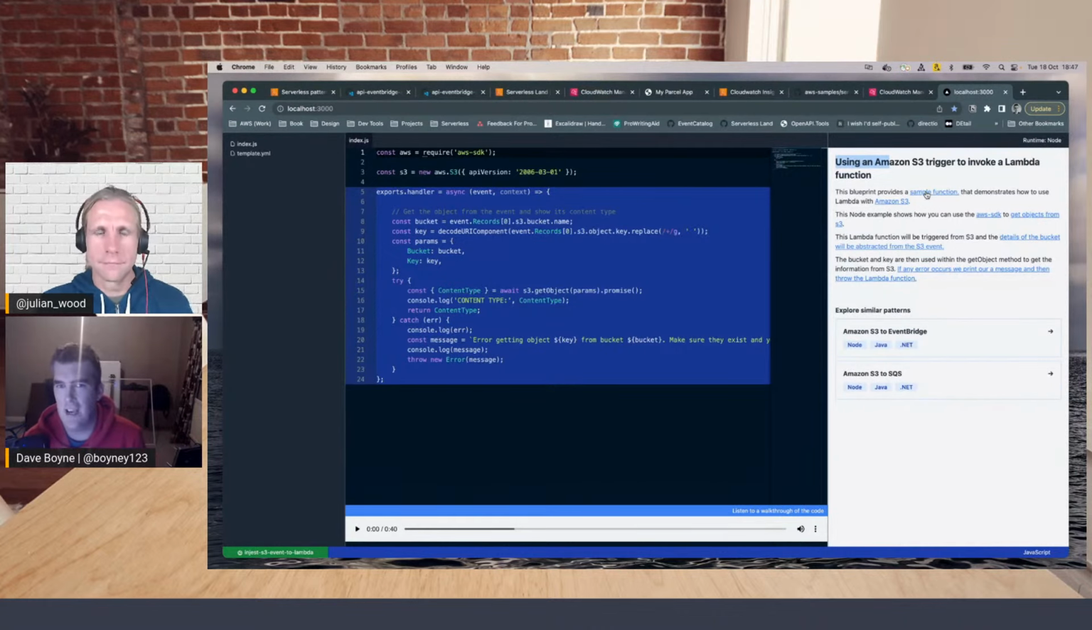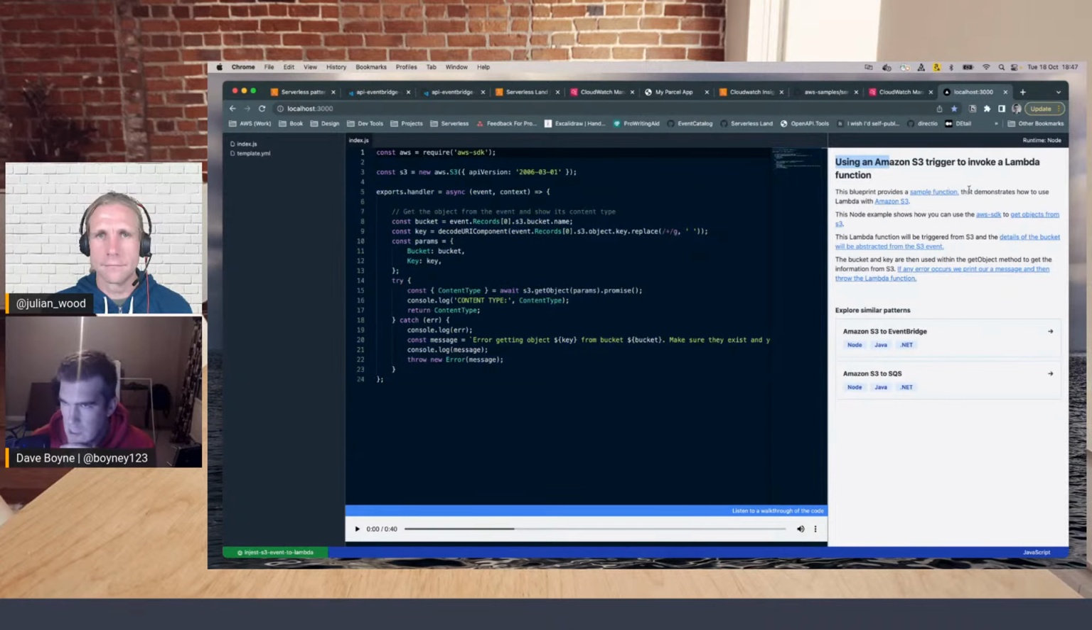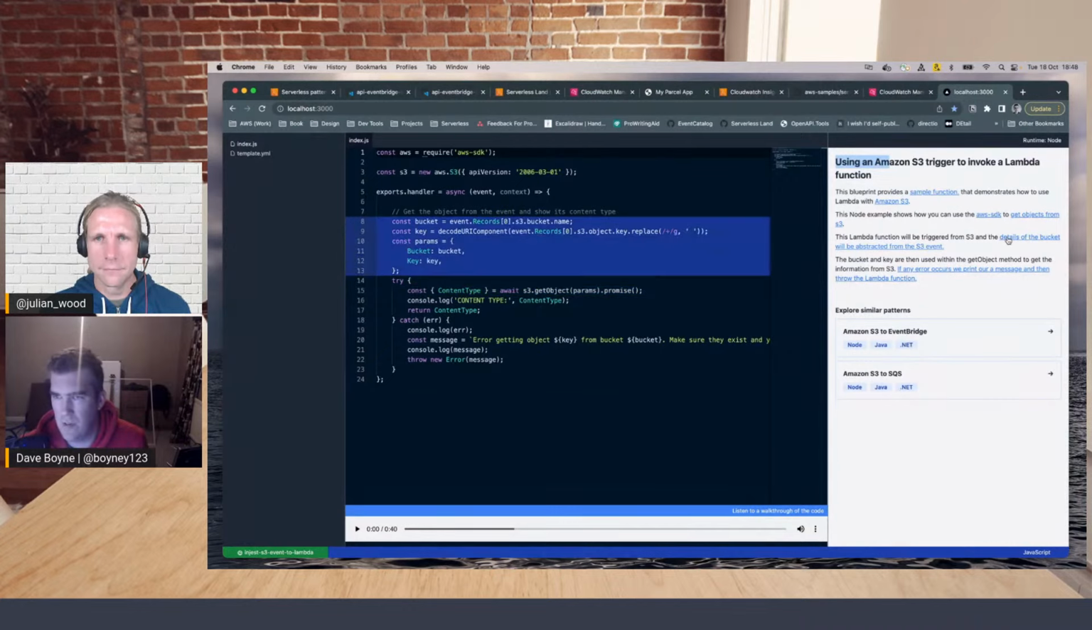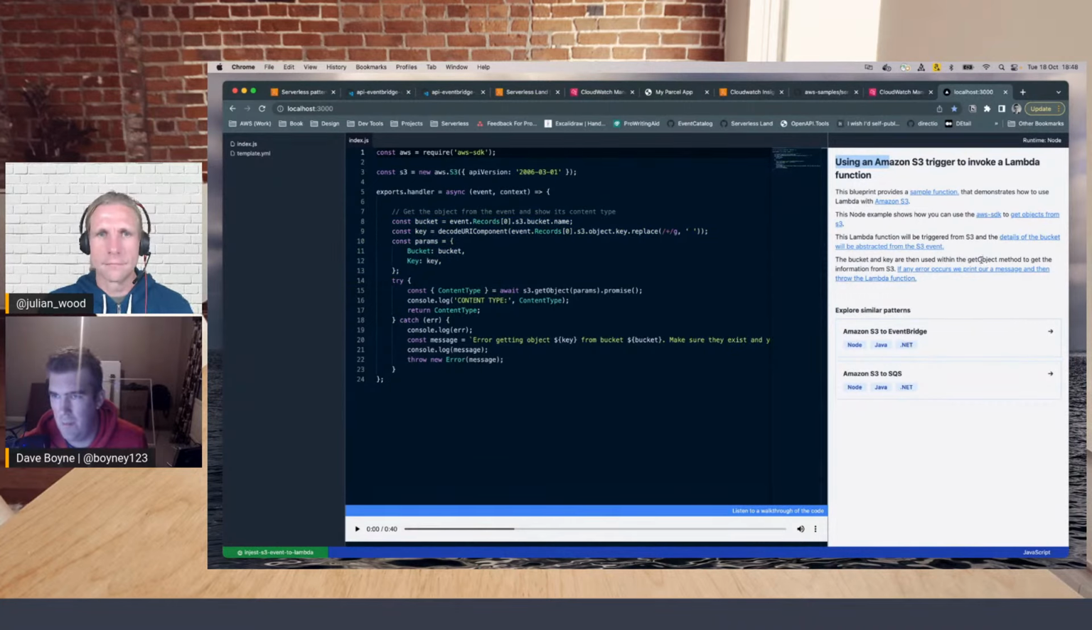So again, this is contextual highlighting as we're reading documentation that demonstrates how to use Amazon S3, right? So we import S3 at the top. This Node example shows how you use the SDK to get objects from S3. So we can take our time and understand in context what the example and the tutorial are telling us in the code that we've just seen. This Lambda function can be triggered from S3. So we highlight that. And then we go down, the bucket and key, then use the get object method,